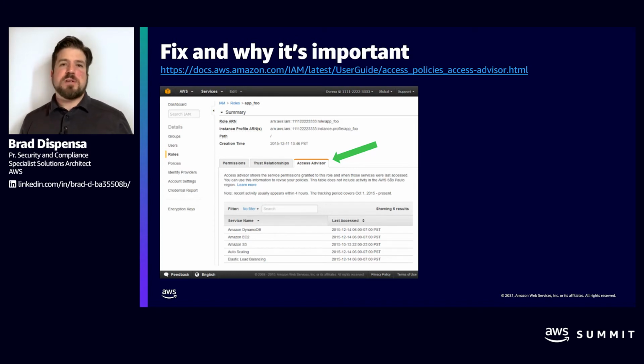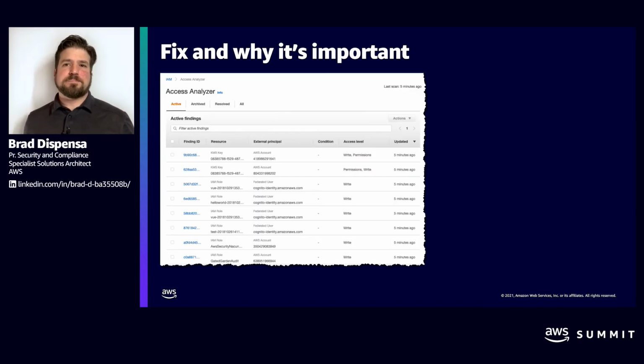This is a good opportunity to review that information and make sure that we have the appropriate permissions for the roles, so that if we're being overly permissive, we can see that the developers aren't in fact using these capabilities and roll them back. An example also is using the IAM Access Analyzer.